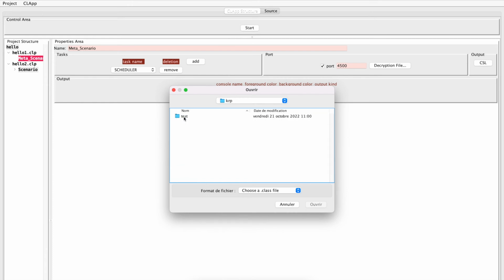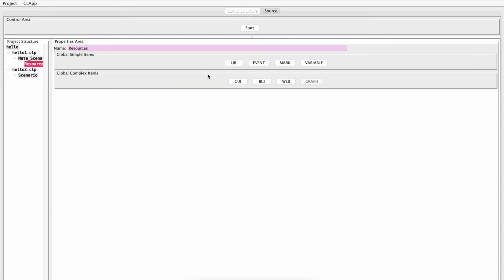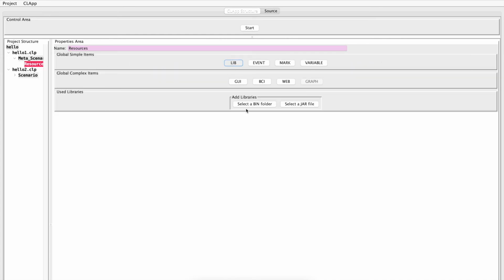This one, okay, it's called mycrypter. And if I just declare that under resources block and use library,